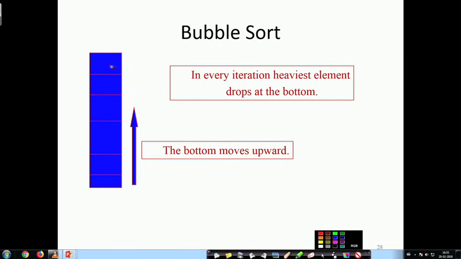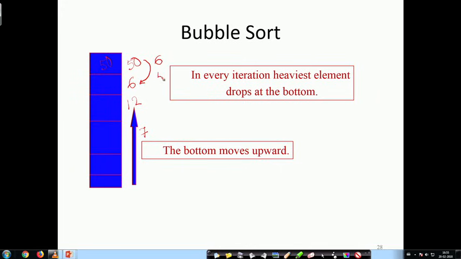So, if there be 50 here, I do not know if it is visible, let me write it here, 50 here and 6 here, then say 12 here and 7 here, then what will happen is 50 will be swapped with 6, because 50 is heavier than 6, or larger than 6.